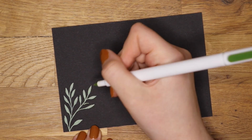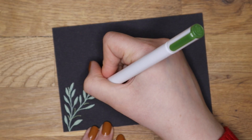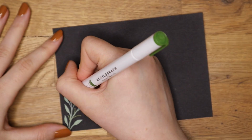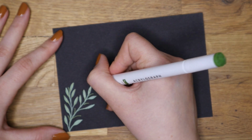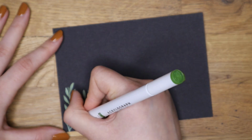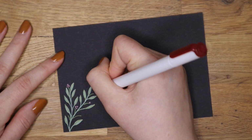After the leaves were ready, I added some lines to the middle part with darker green color. Sorry about the blurriness, my camera decided to focus on the tip of the pen instead of the card. It's going to look better soon, I promise. Anyway, next we are going to add some red berries to the empty stems that we drew with darker green